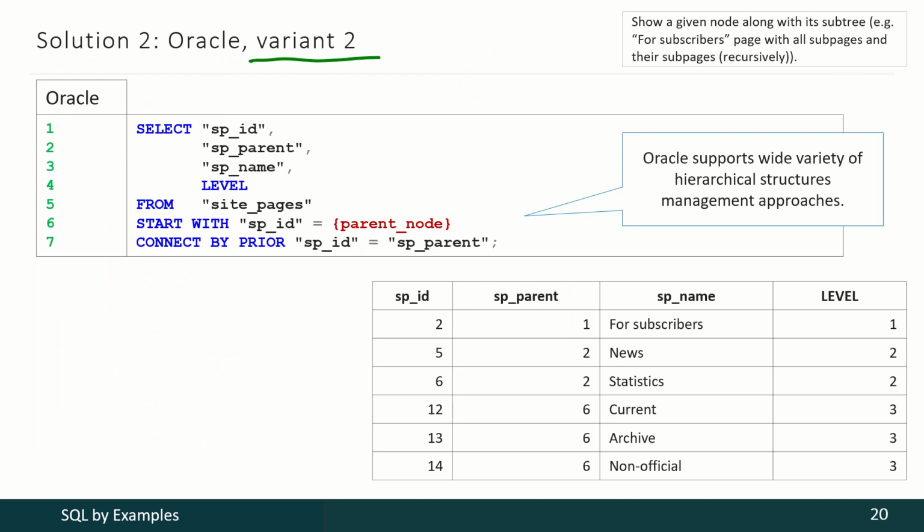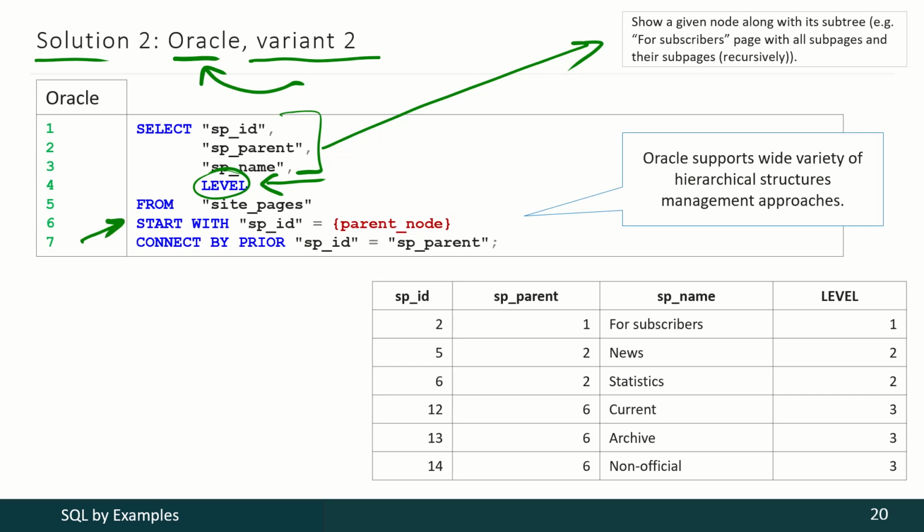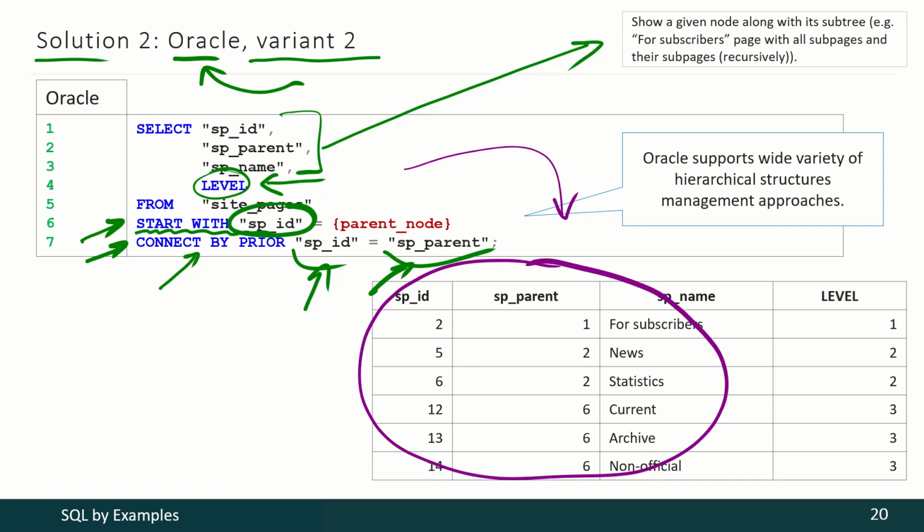The second idea in the solution for Oracle is to use some Oracle-specific approach. As you may see in this query, we are selecting information about our nodes from our table, then we select such a constant. That constant will contain the hierarchy level. And this is how we tell Oracle to handle hierarchical structures. Here we are putting the information about the starting node, and here we are putting the information about connections between that starting node and other nodes. After the query execution, we not only get the nodes in our final result, but for each and every node we get information about its hierarchical level inside that structure.